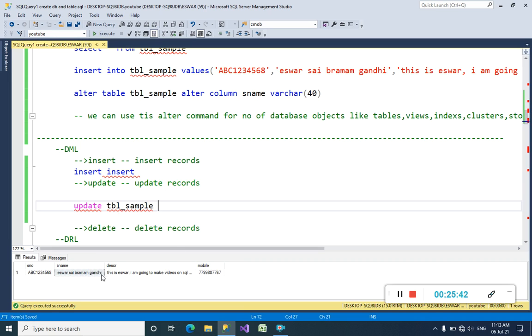Update table sample. First of all, we have to know in which table our requirement exists. We want to decrease this name to 5 characters only, and because this name is under table sample, that's why I write update table sample set.